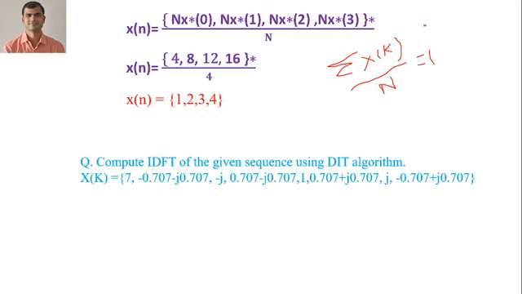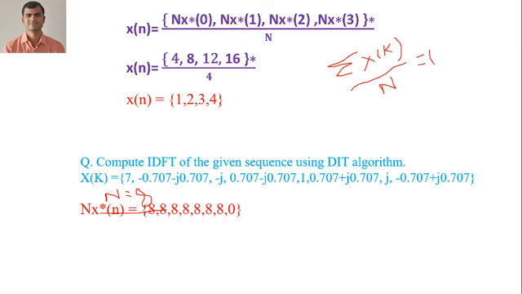Also the same question is given: compute the inverse DFT of the given sequence using the DIT algorithm. The sequence of x of k is given, but here capital N is equal to 8, so we have to draw a flow graph for the 8-point DIT FFT algorithm. Okay, the flow graph will remain the same, only the input sequence is in bit reversal order. And that input sequence will be the discrete frequency sequence. For that we have to take the conjugate, and the output sequence is in natural order, but it should be the discrete time samples. That sample is going to be multiplied by the value of capital N, and here the value of capital N is equal to 8. So you can solve this.